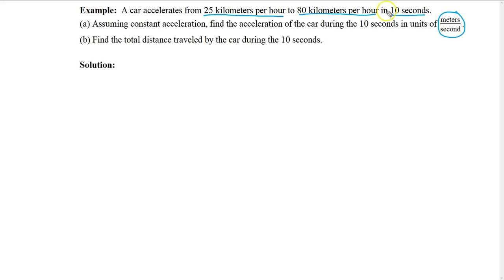Now you notice that we want to find the acceleration in units of meters per second. So we have mixed units here. So the first thing we want to do is put everything into common units. So we want to change 25 kilometers per hour into meters per second and 80 kilometers per hour into meters per second as well. So let's first of all notice that 25 kilometers per hour